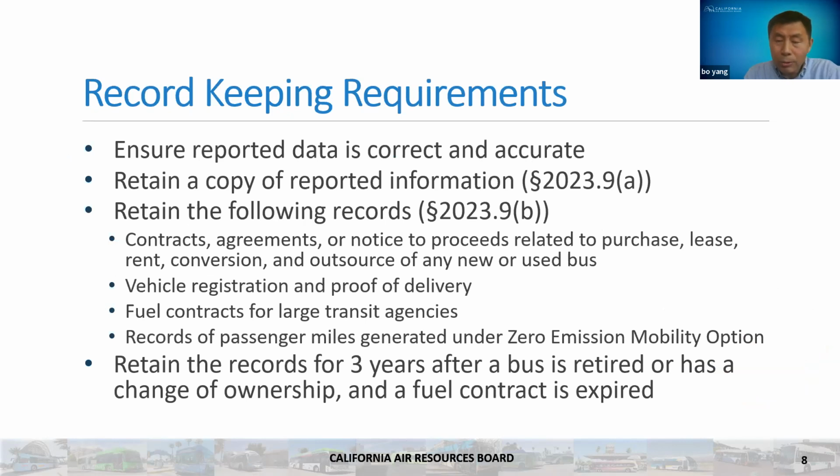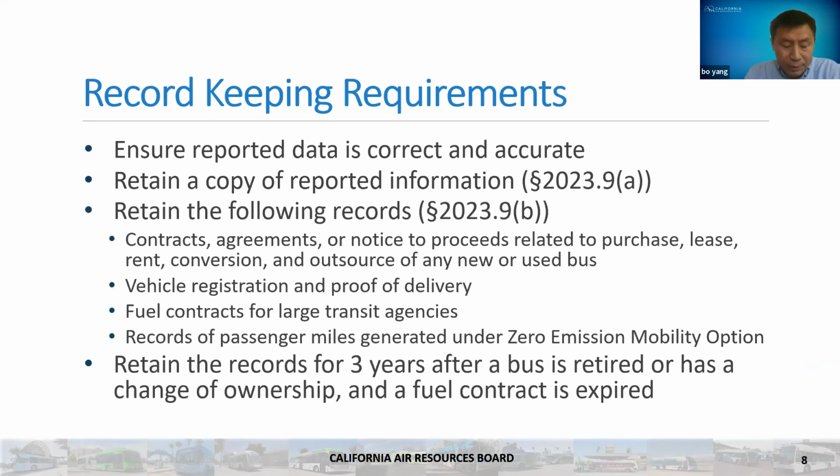On this slide, we want to remind you about another ICT regulatory requirement, which is record keeping. Transit agencies must ensure the reported data is correct and accurate, and they retain relevant documents to back the reported data. In addition, transit agencies must retain the following records: